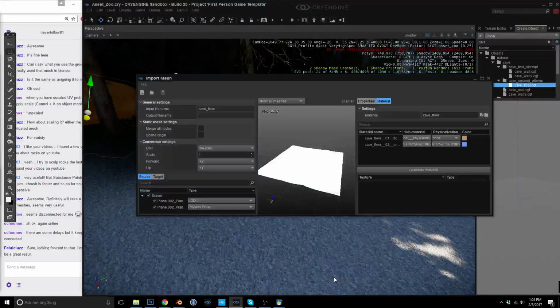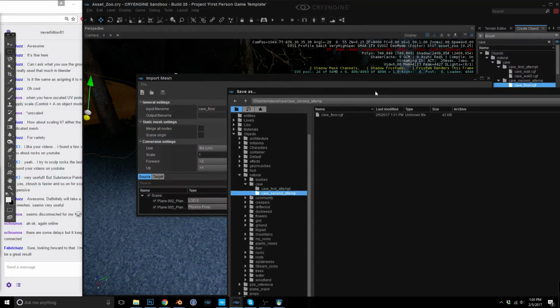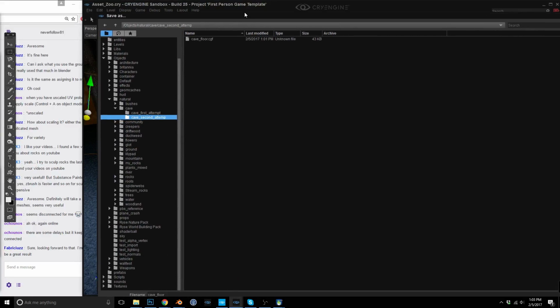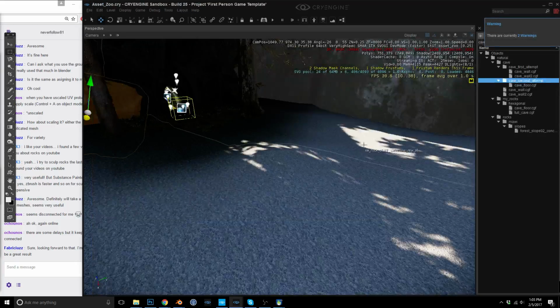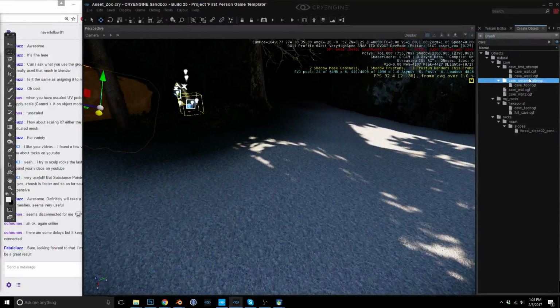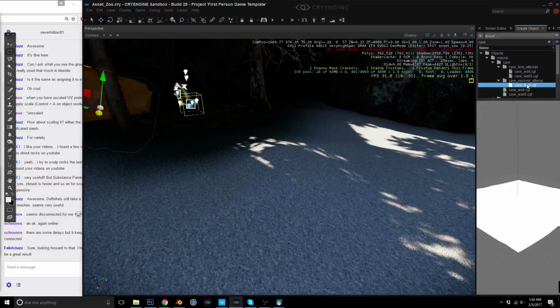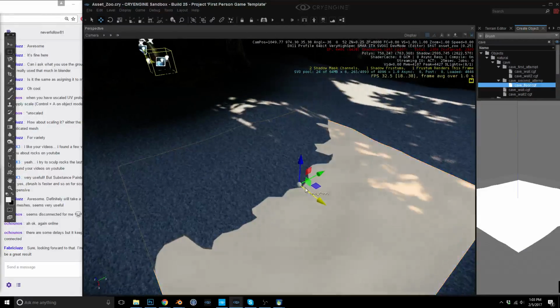Sure. Alright, so usually it fails when I'm trying to actually save the FBX, but not this time. Yay! Oh, that's good. So there's our floor,